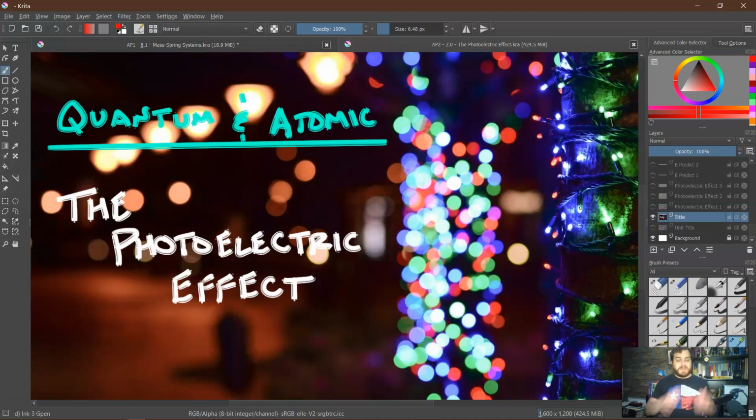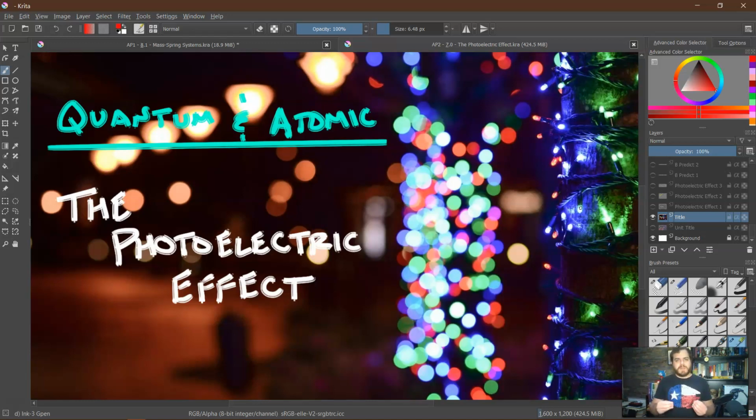Now, modern physics can be grouped in a bunch of different ways, but we're going to be looking exclusively in this unit at quantum physics, atomic physics, which are very closely linked, and nuclear physics. So we're going to start with quantum and atomic. The second half of the unit we'll start talking about nuclear. And today's lesson is going to be focused on this very pivotal, and frankly unexpectedly pivotal, experiment known as